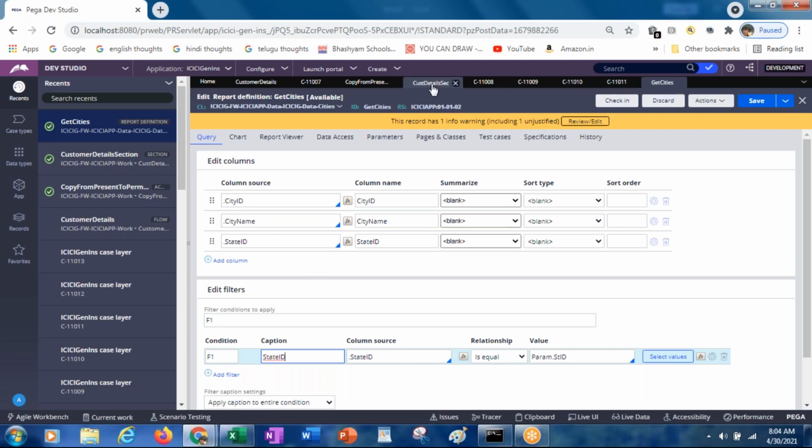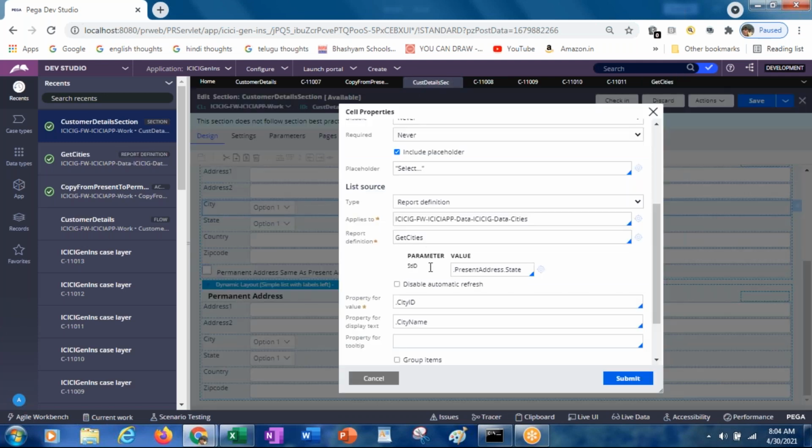So in the customer details section also, we have to pass the value for the STID, since this get cities is taking the parameter STID. From where am I passing it? From present address dot state, or permanent address dot state.